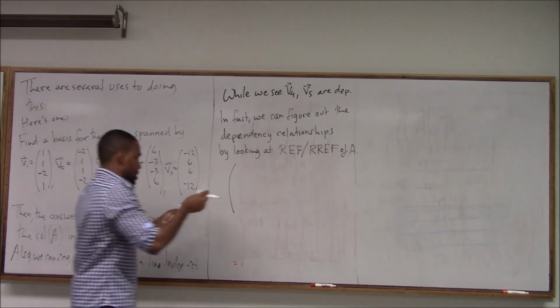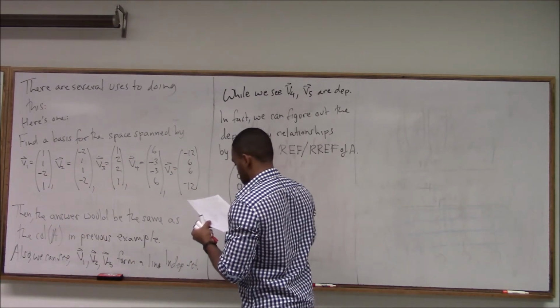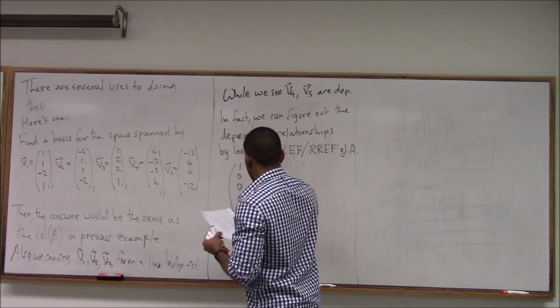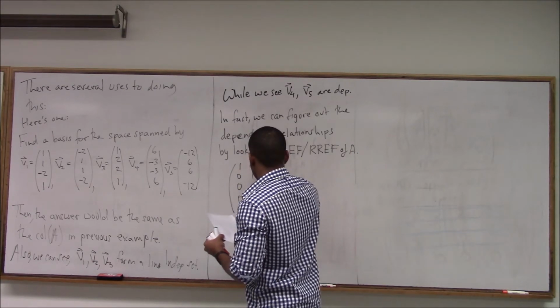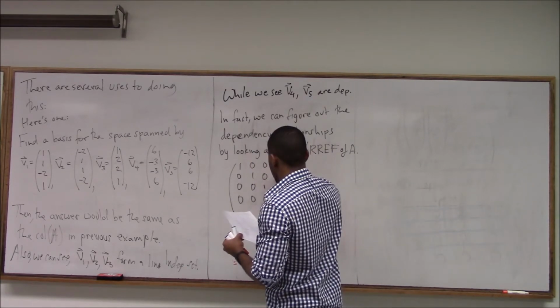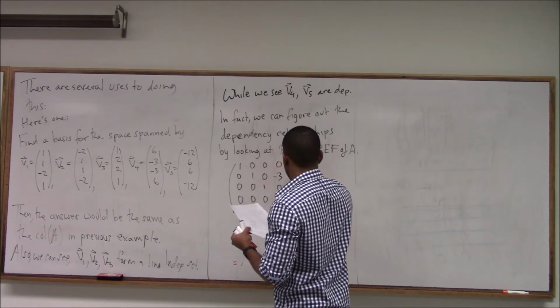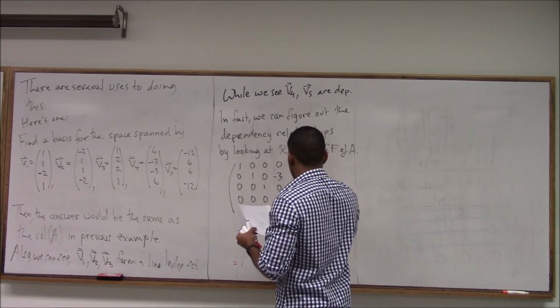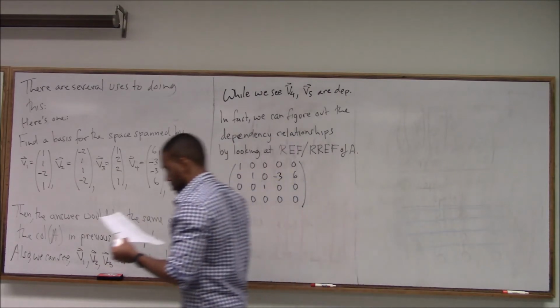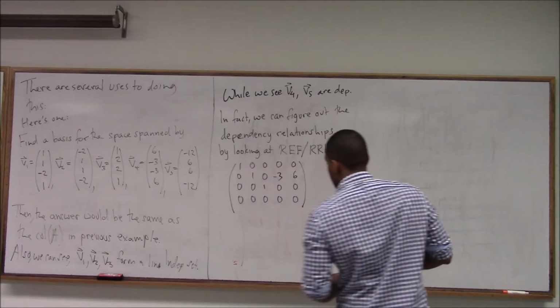Just to remind you what that is. So it's 1, 0, 0, 0, 0, 1, 0, 0, 0, 0, 1, 0, 0, minus 3, 0, 0, 0, 6, 0, 0. So once you put it in this reduced form, what you can notice is that